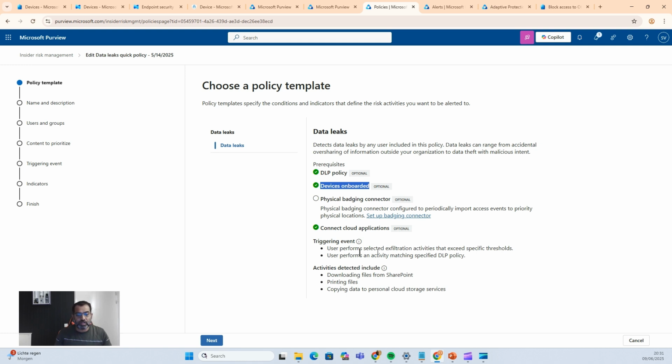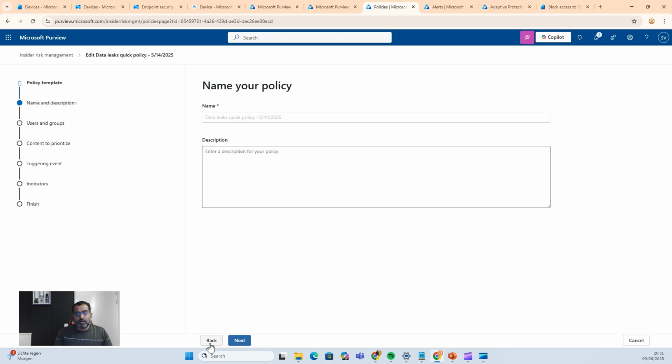You also need to do that. And the next part, you see the naming of the policy. You need to keep in mind, when you want to create a policy, create them according to your organization naming standard. At this moment, there is no option to edit the policy after you create it,